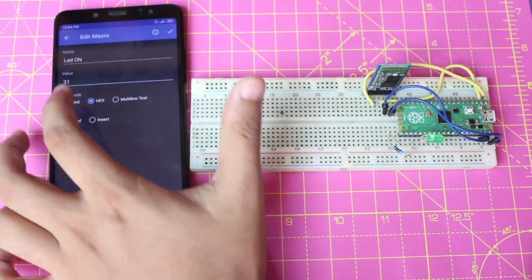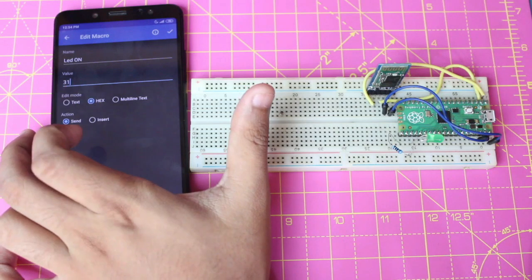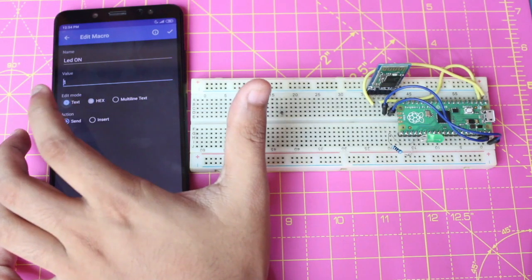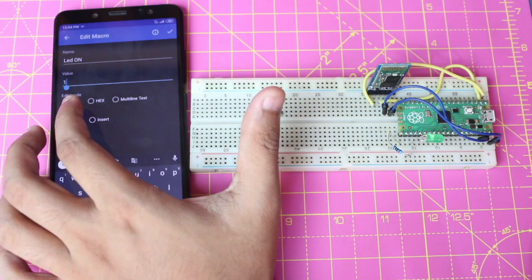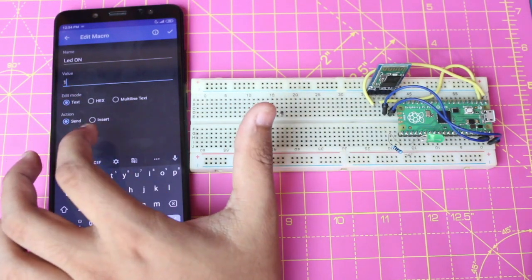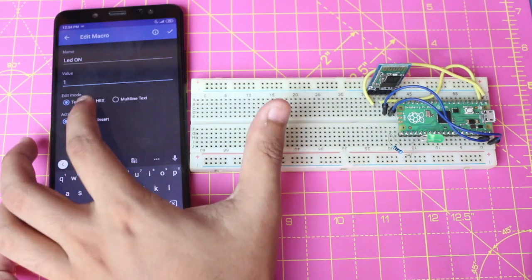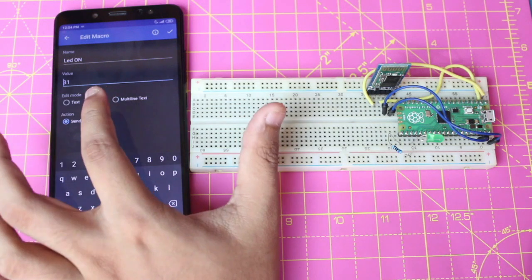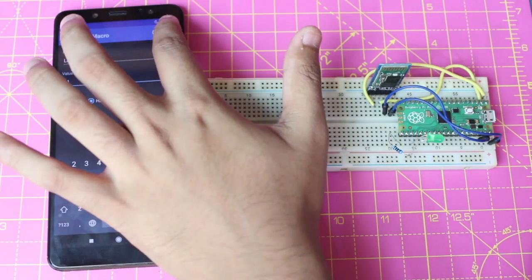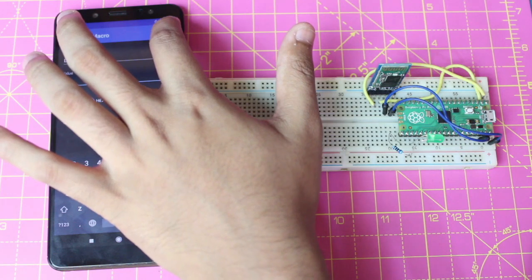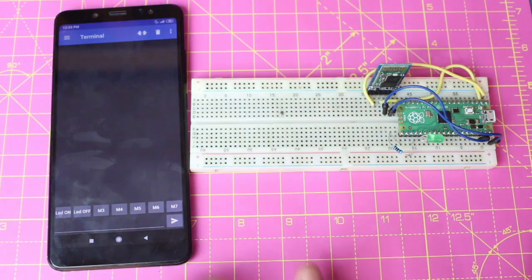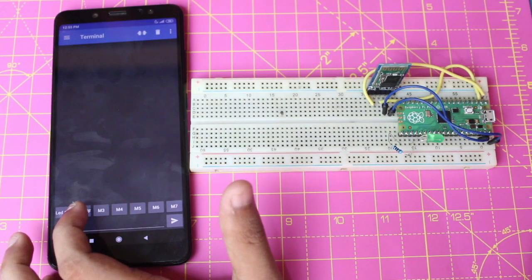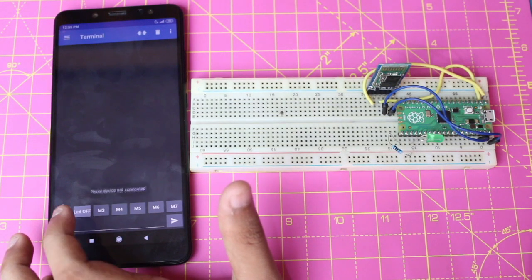So it will send the 1 data to the UART channel. How could you define this hex command as 31 to represent the 1? You can select the text and add the value as 1. Okay, then you can select the hex. So it will automatically convert the text value to hex format. Then you need to select the check button here. So it will set the LED on button. Similarly, you need to repeat the step for the LED off button.